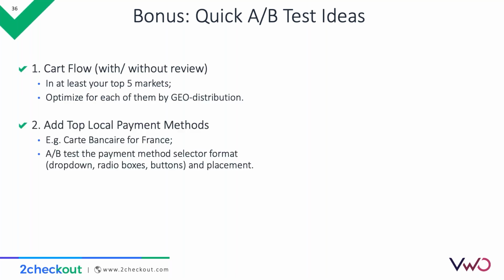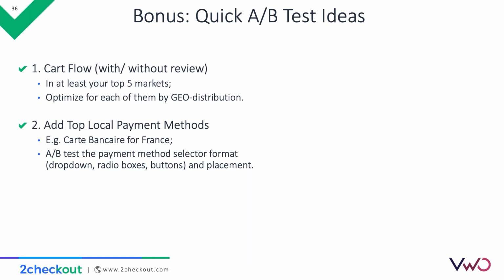Second, you should add local payment methods like Alipay and Carte Bleue in your top markets. This by itself will get your revenues to increase, but then you can also A/B test their placement in the checkout page afterwards to maximize your earnings. You should test icons, size maybe, or placement before the summary section or after the summary section, and things like that.